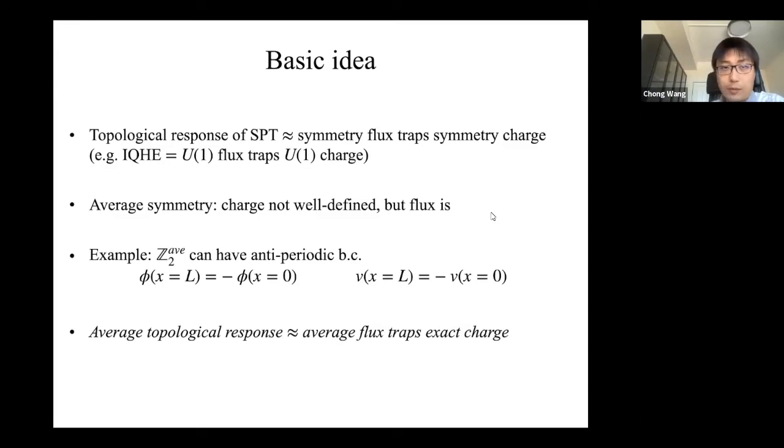So for example, if I think about a Z2 symmetry, an Ising symmetry, and I make it an average symmetry, what is a Z2 flux? Well, a Z2 flux means that, let's say you have a periodic boundary condition in space, then in some direction I make the boundary condition anti-periodic by this Z2. So if I have some field phi that's odd under the Z2 symmetry, a flux means that, sorry,